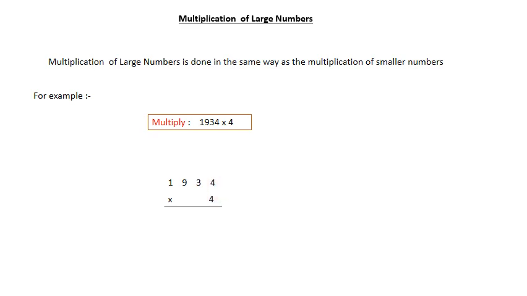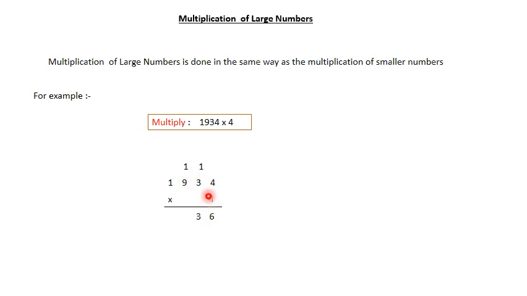are 16. So this 16 will be written, 6 will be written here, and 1, which is in the tens place, we have given as carry over to the tens place. Now 4 4s are over. Now we come to 4 3s. 4 3s are 12, and 12 plus 1 becomes 13. So again 3 will be here and 1 will be carry over.